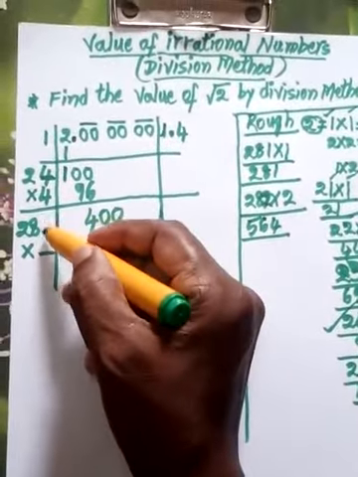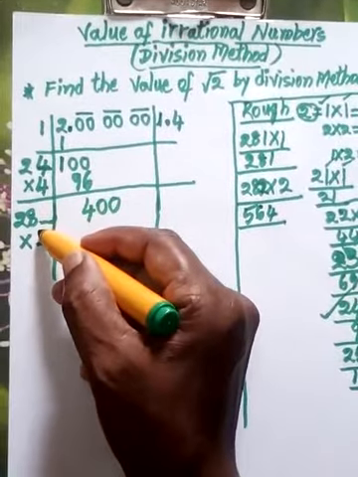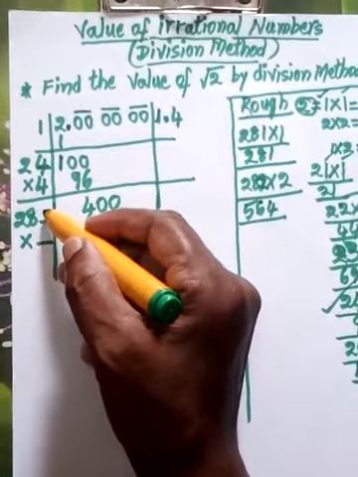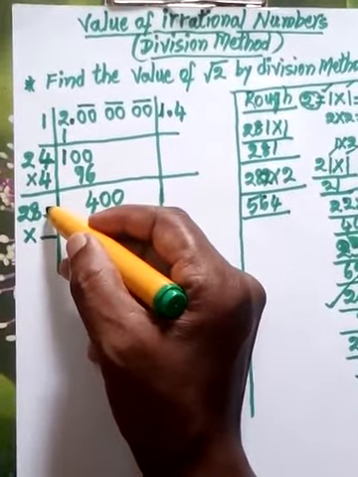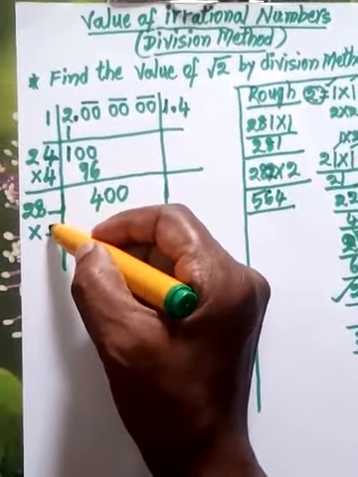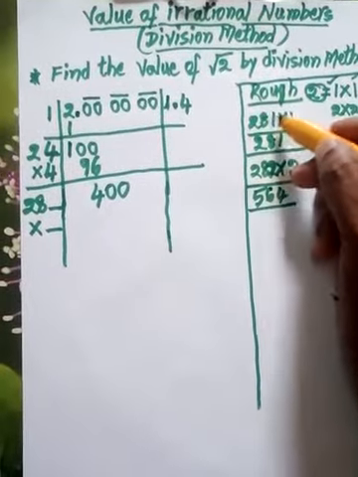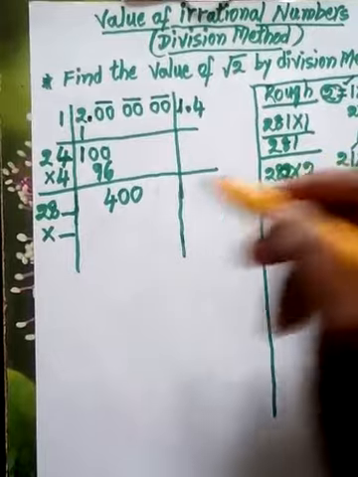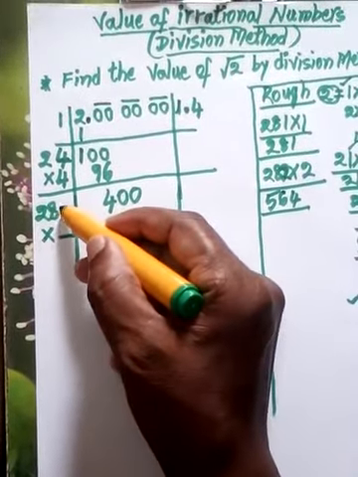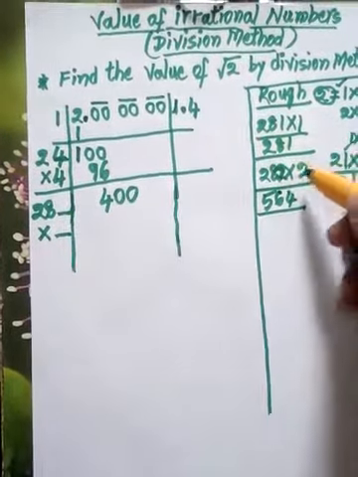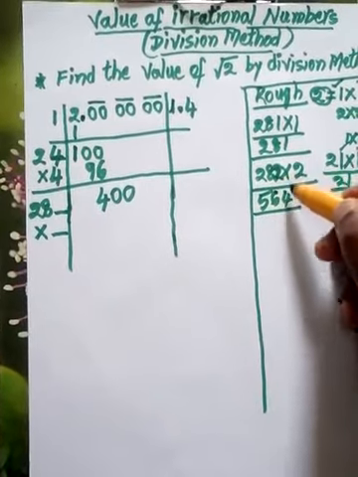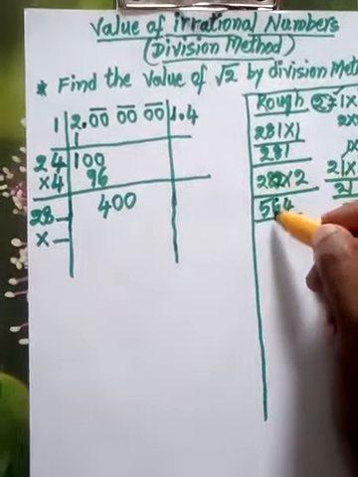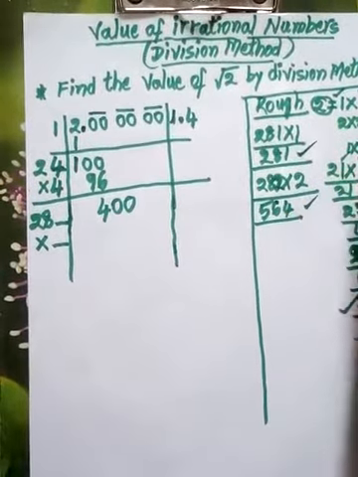So here we have to write a number. Whatever number we write here, the same number we have to write there. So let us take 1. If we write 1, that becomes 281. Then we multiply by the same 1: 281 into 1 gives us 281. And again, let us take 2 after 28, that becomes 282. If we multiply by the same 2 we will get 564, but this is greater than 400, so we do not need this number, we have to take the other one.